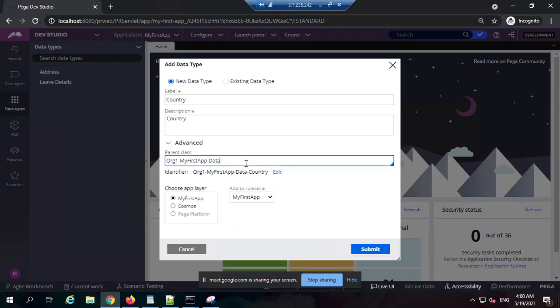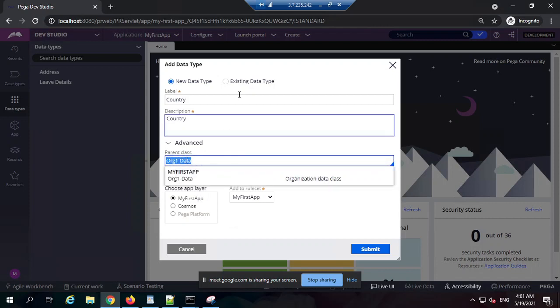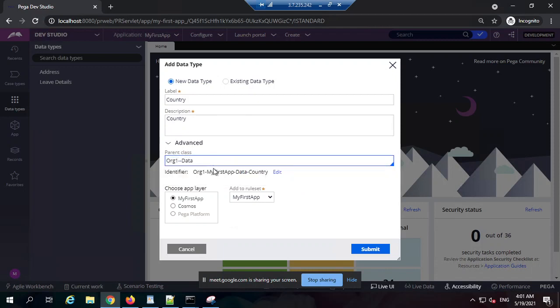If I want it to be used across the organization, then I might remove the application part as well. So now it is organization dash data, and everyone accessing my organization will have access to this data. Let me keep it default for now.